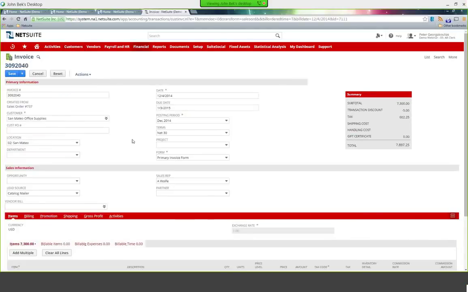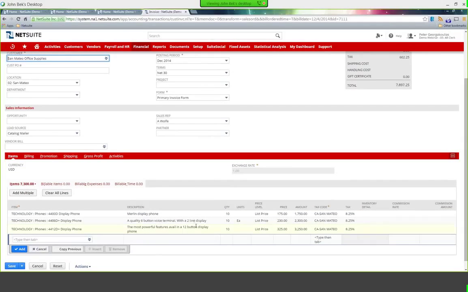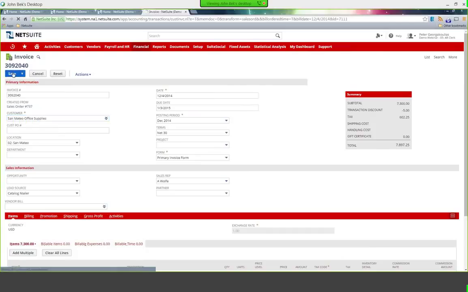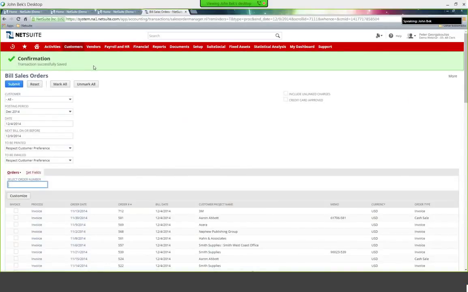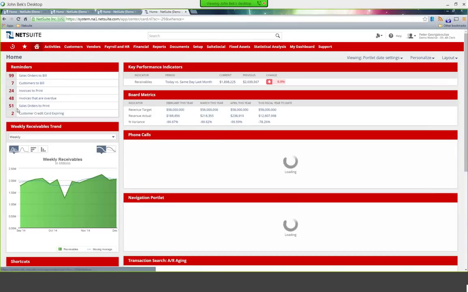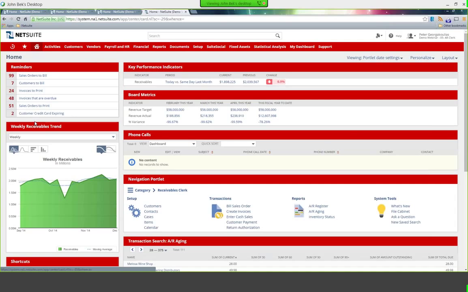And I'm going to bring it up, and if I just scroll down here, I can see the customer San Mateo Office Supplies. I can see the 3 order lines that we've shipped, the pricing, tax has been calculated in this case, and I'll just save that invoice. That invoice would be presumably emailed behind the scenes potentially, or faxed, or mailed, of course, either way. And I would be done in that particular case. So you can see I've been using my reminders in each of these roles as I'm taking one hat off and putting another hat on, and I'm just working my inbox, if you will, my reminders here.